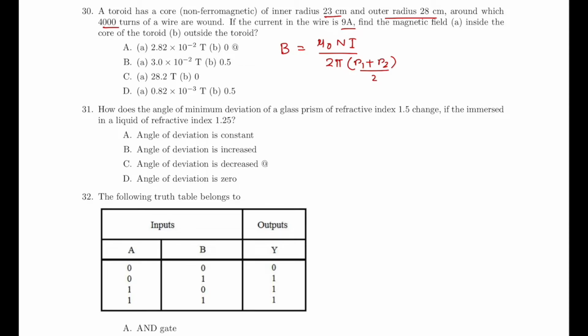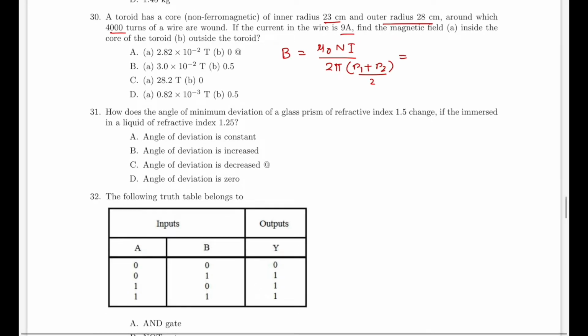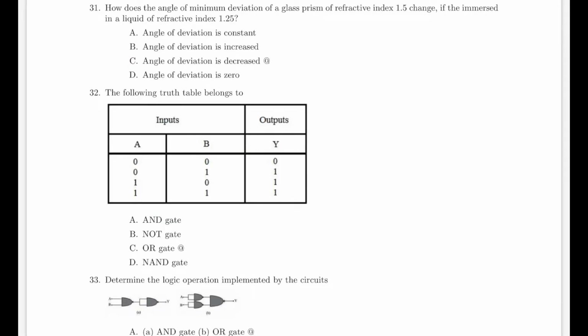So if you calculate that using the fact that mu0 by 4 pi is 10 to the power minus 7 Tesla, you are going to get 2.82 into 10 to the power minus 2 Tesla, and the magnetic field outside the toroid is 0. 31st problem says, how does the angle of minimum deviation of a glass prism of refractive index